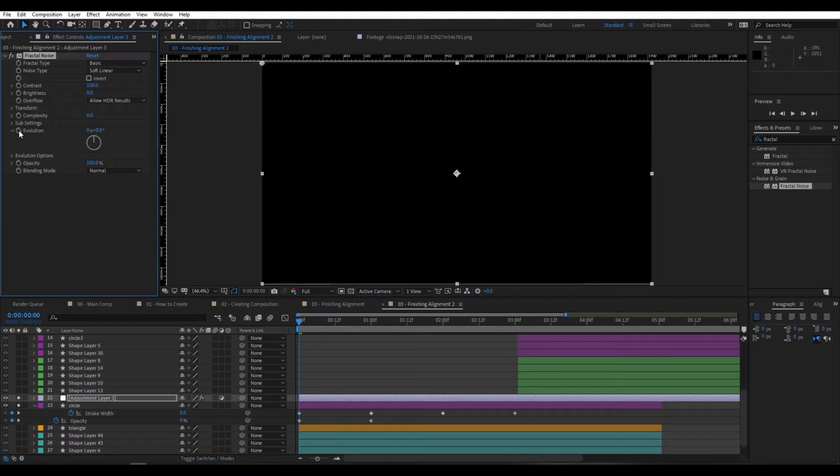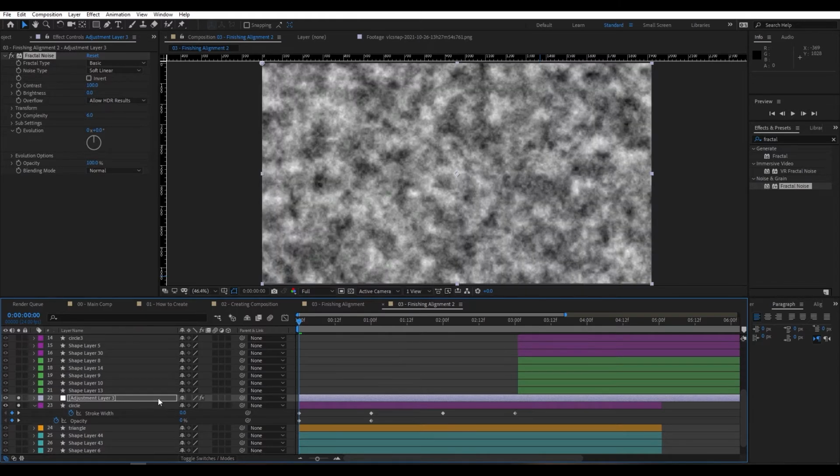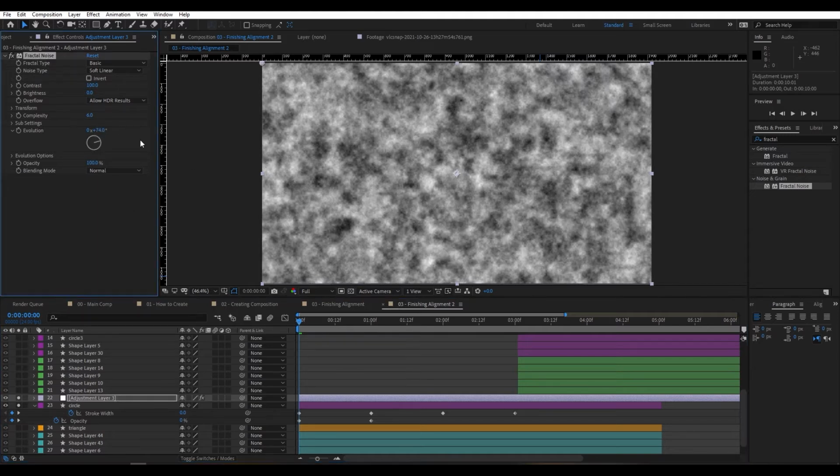So now on timeline, go to 0 and go to evolution, and again here I can't see anything because of this adjustment layer effect. Just check it off. Now you can see the fractal noise here, make some movement and create a keyframe,